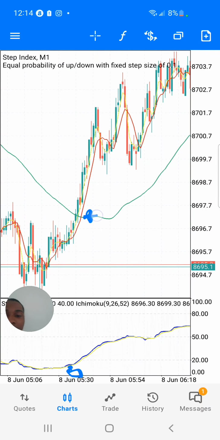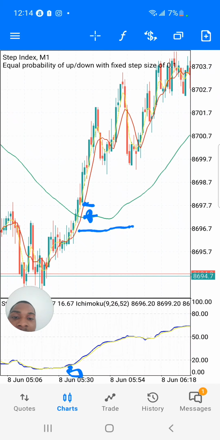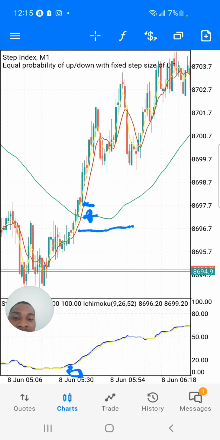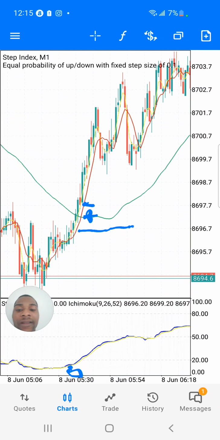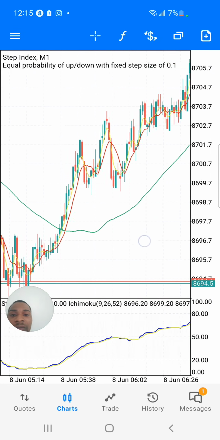So entry here, no, entry is gonna be here because of the cross. You have to wait for the cross. Then stop loss below this moving average. The stop loss is quite too big though, but let's just say stop loss around there. And then you can see, so this simply means you are risking from 8697 to 8696. So that's just simply one, but in stepping test we don't call it one, we call it 10, right? So 10, you're risking 10, and then look at what you're making from this trade,